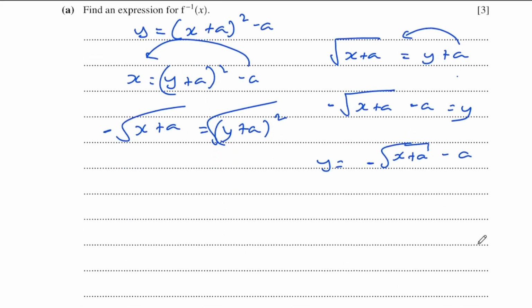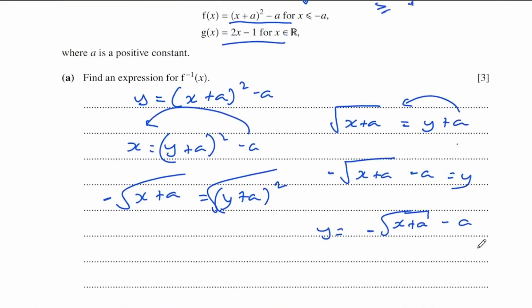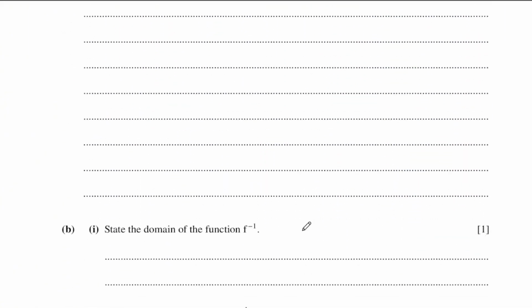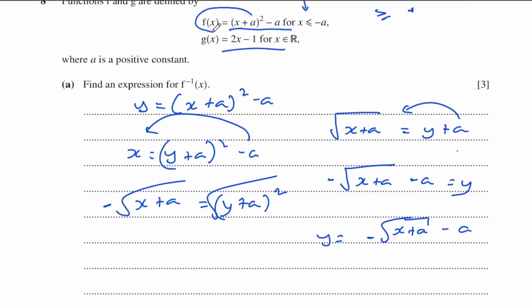Okay. And then the next part is state the domain of that function. So the domain of the inverse, as I said, is the range of the original function. So what's the range of this function? The range of this function, remember, this is a quadratic, right? And obviously this is going to be a quadratic, which is a u, correct? And so the range is going to be the minimum point and everything above it, right? The minimum point here is negative a, because the vertex, remember, is going to be negative a,